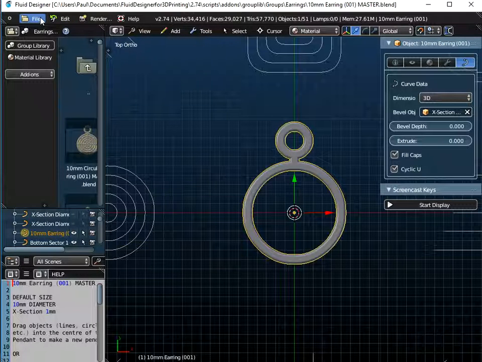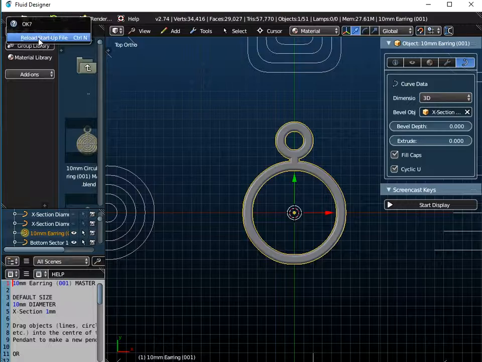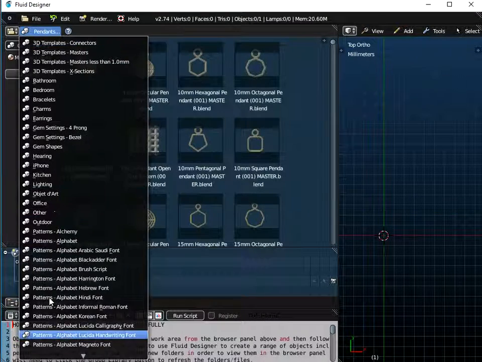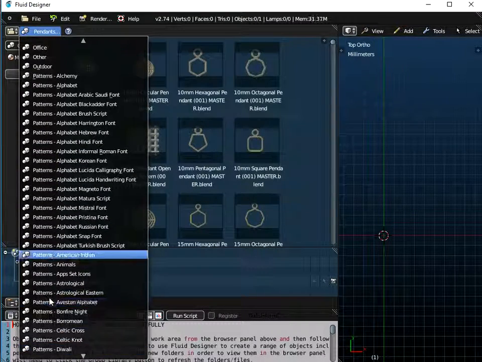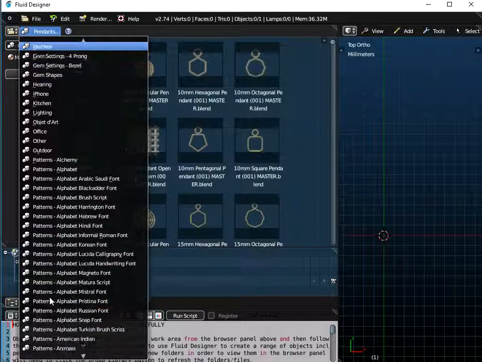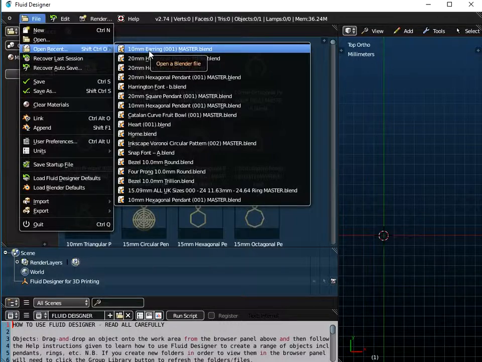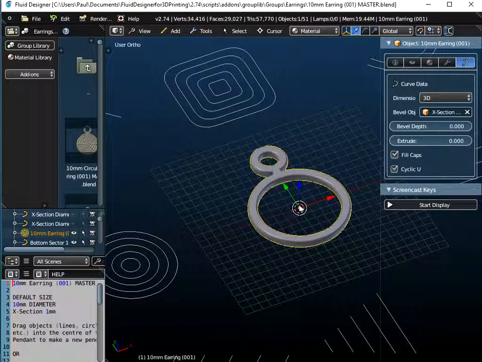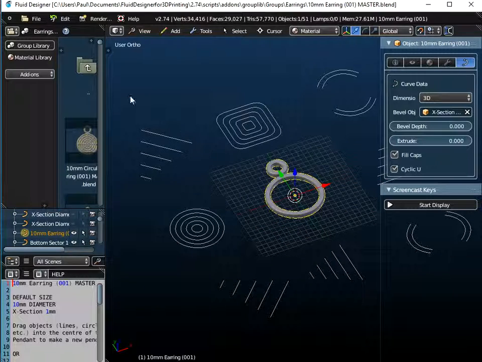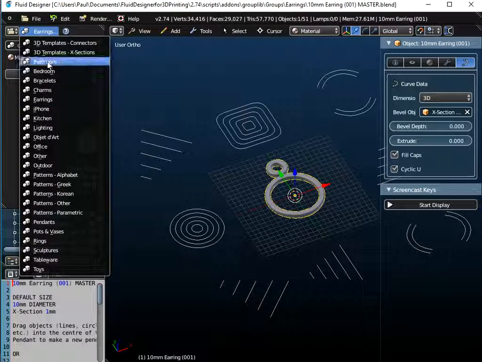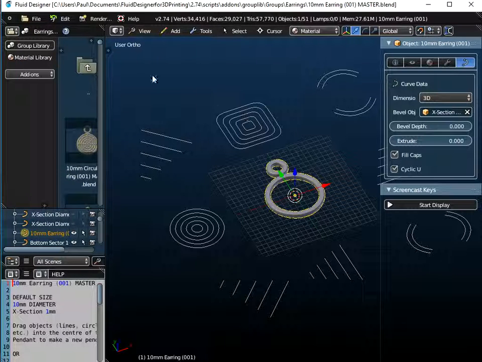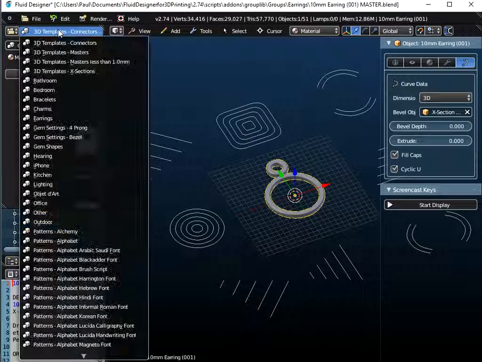If I go back to File and New, these are all the folders on my system with all the various patterns that I've created to date now. But as I've just said, if I open that 10mm earring there, when this object was first created on my system, I only had these folders on my network. Now, if you want to see all the folders on your system, click Group Library, and that will refresh the list. And you'll see when I do that,